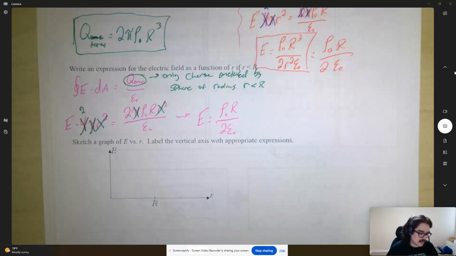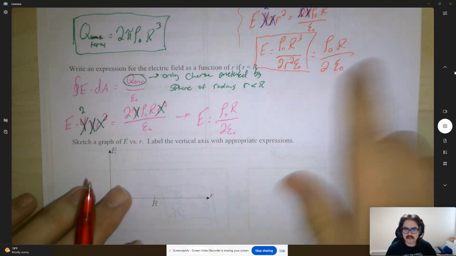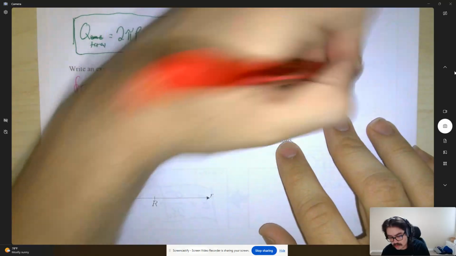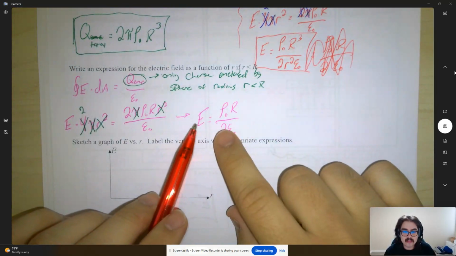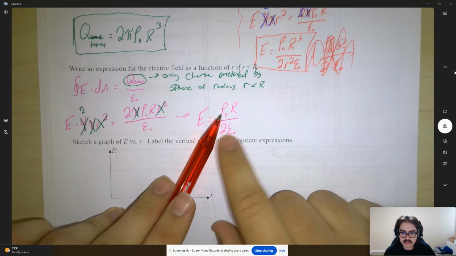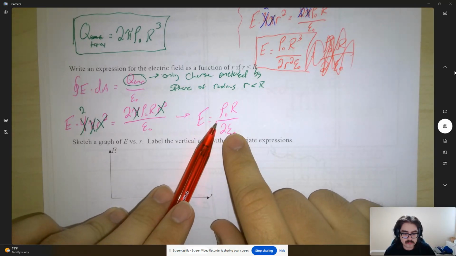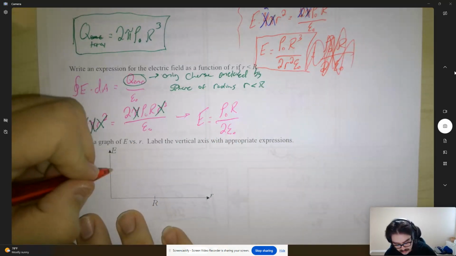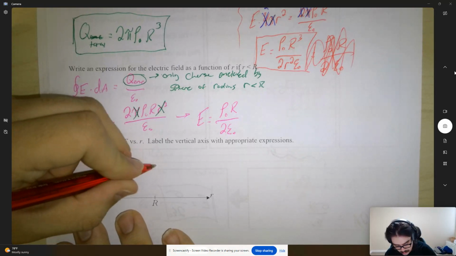Oh wait, no, sorry, that's what we got down here. This is when we're inside of the sphere. This right here is a constant. It's not dependent on little r whatsoever. So this is just going to be a flat line